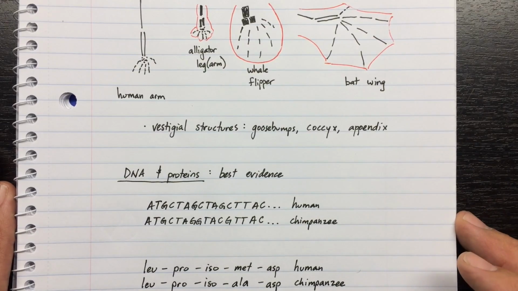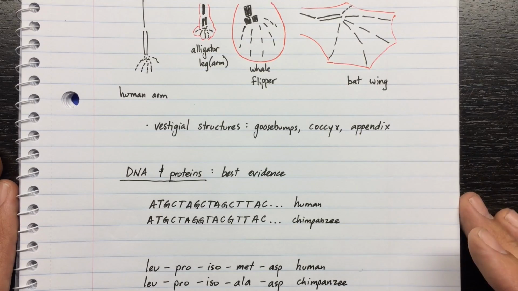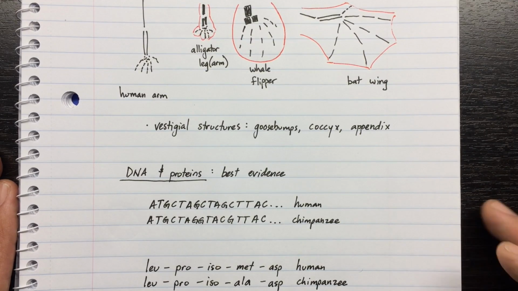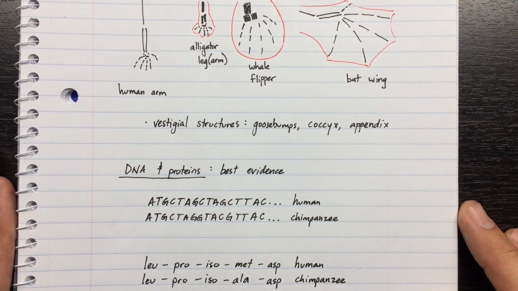Coccyx, our tailbone, indicates that we descended from an organism that had a tail. And the appendix indicates that we descended from an organism that ate a lot of wild foods that may not have been